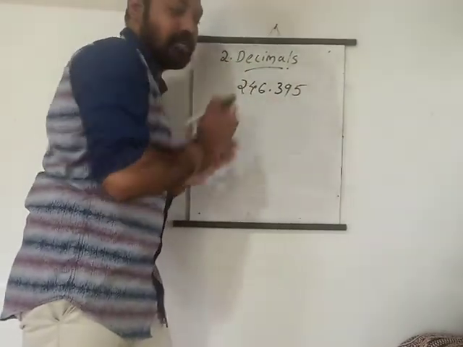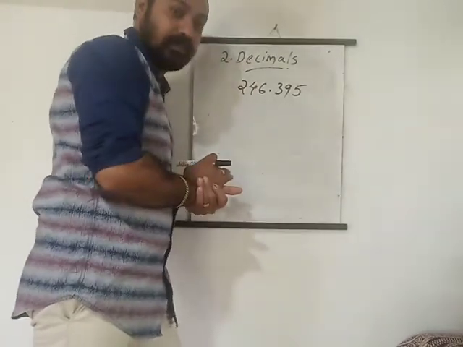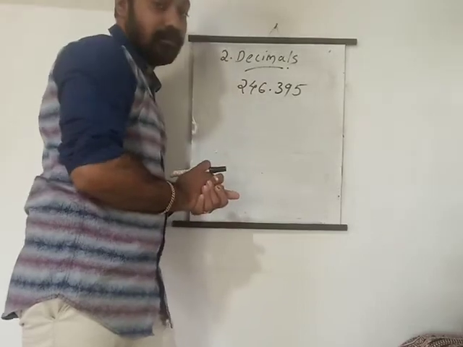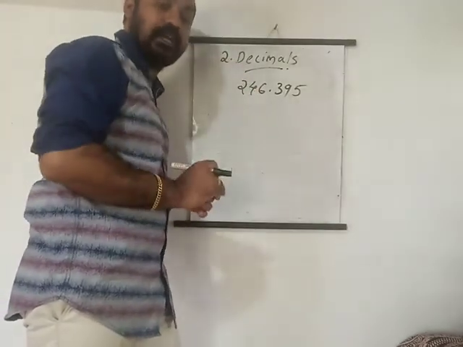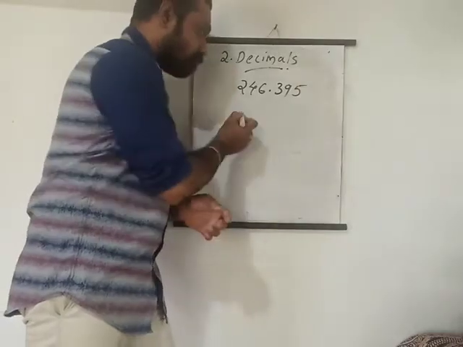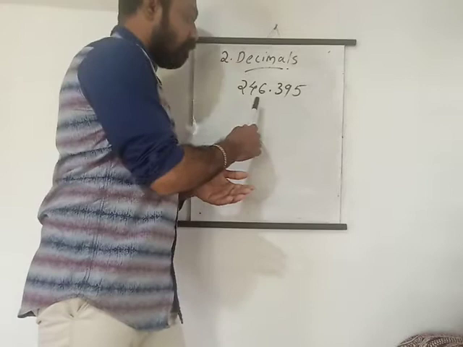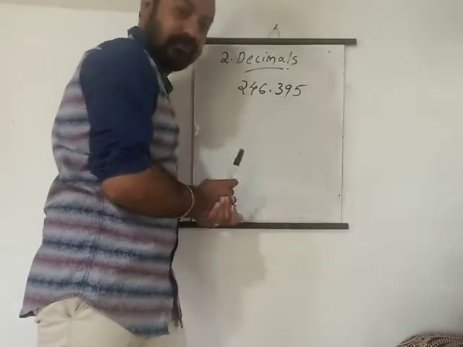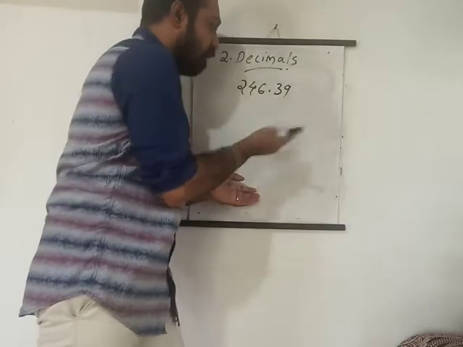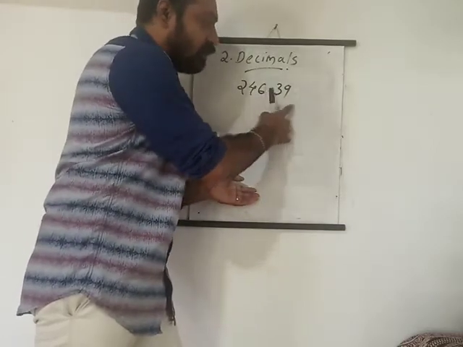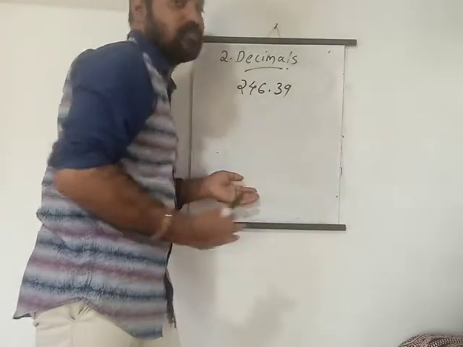Okay, decimal numbers, when you read. How can we read these decimal numbers? Understand? The reading of these decimal numbers is a very important thing. We still make some mistakes. Okay, I will explain it. Some are reading this as 246.395. If 5 is not there, they will read it as 246.39. We make this same mistake.